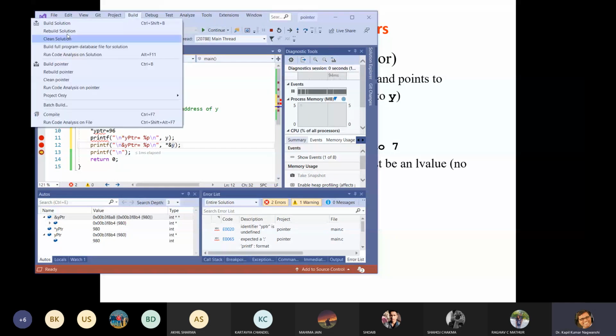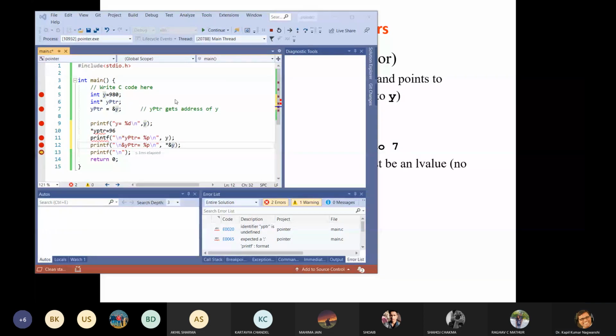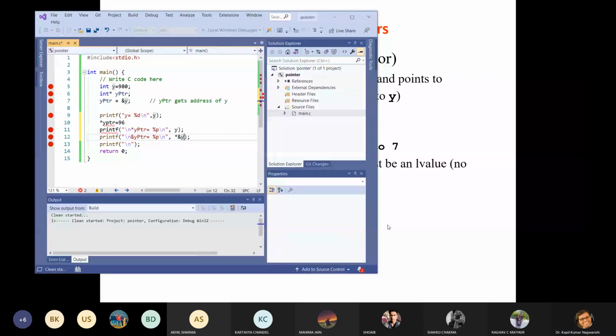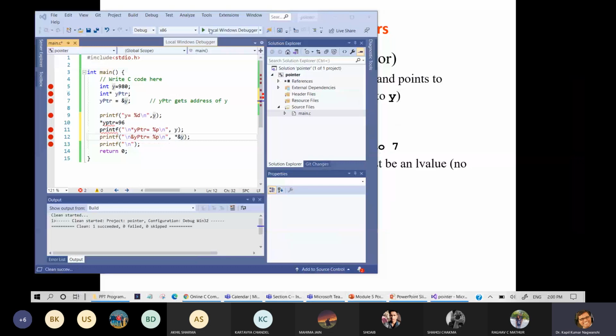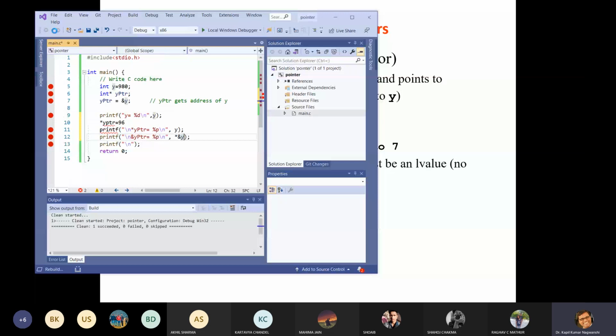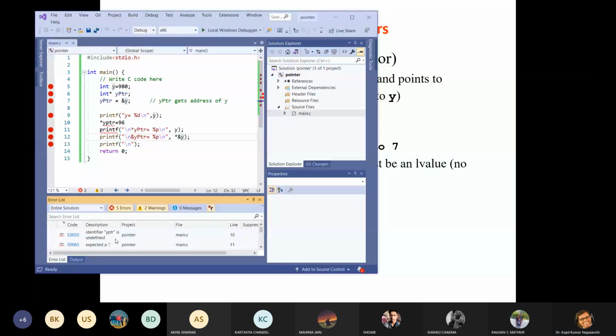So the project will be cleaned first, and then debug. Give me 1 second.